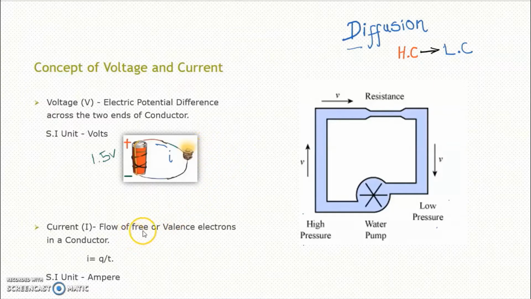So coming to the topic of current, it is the flow of free or valence electrons in a conductor. What do you mean by valence electrons? Valence electrons are the electrons existing in an atom at the outermost shell of the atom. Normally we say it as the conduction band, the electrons existing in the conduction band, and the movement of electrons through a metal is called the flow of charges. Flow of charges in a given time is measured and termed as current I, and its SI unit is ampere. Okay, so let's proceed further.